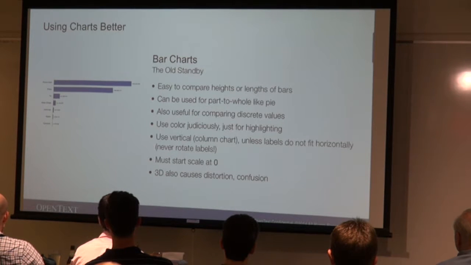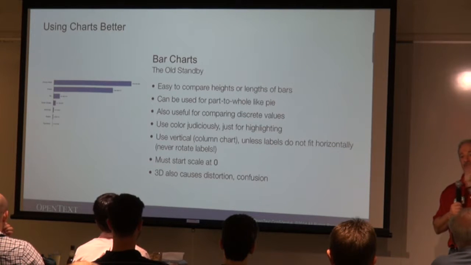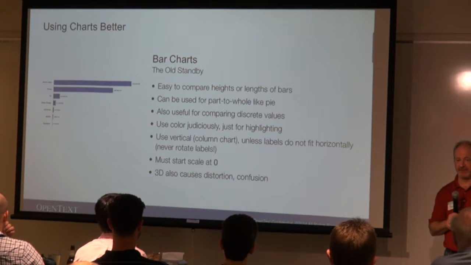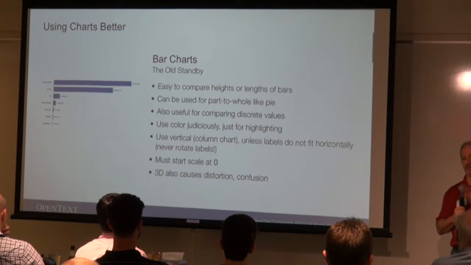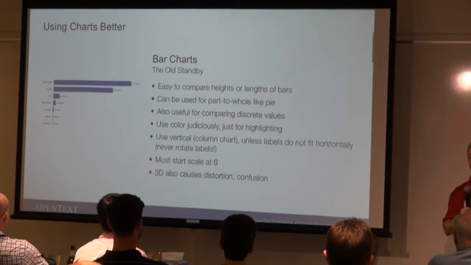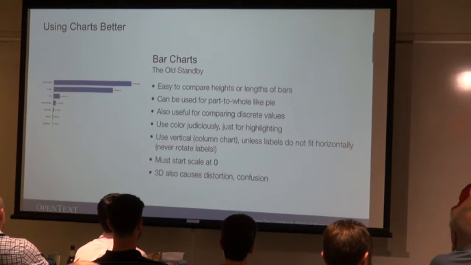Use vertical as a rule because our eyes actually compare height better than width. Again, these are facts of our brains. We do compare height better than width. So as a rule, the default should always be vertical. You should use horizontal if it's a longer list or for readability. If what's important is that I want to read the names, and they're maybe slightly longer or they're going to be cut off,